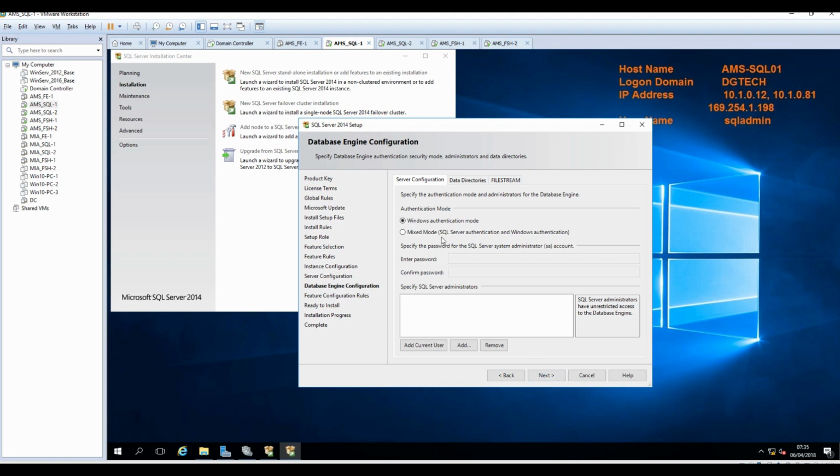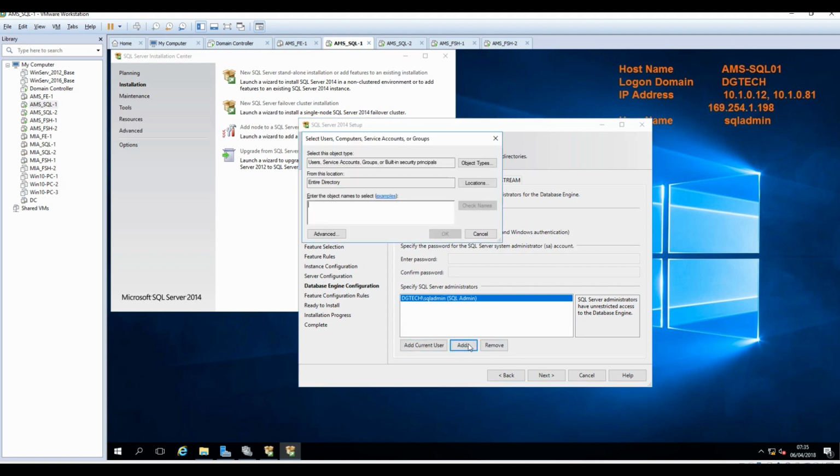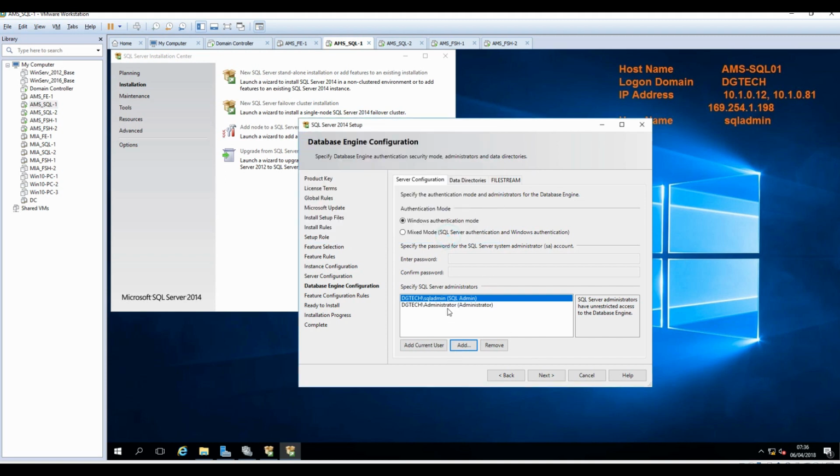Okay, so now it's asking me for the Windows authentication mode. So we'll add the current user. There's this option in here that automatically adds the current user. We'll also add in our domain controller. Right, so we added two